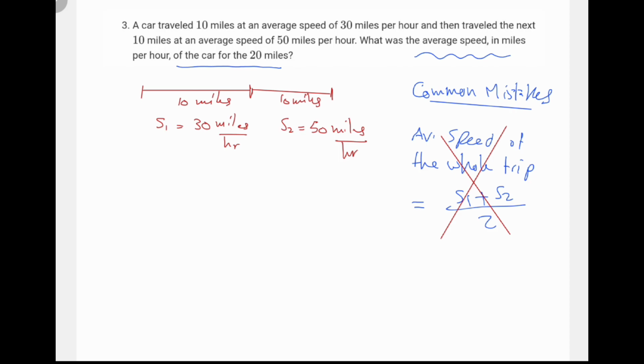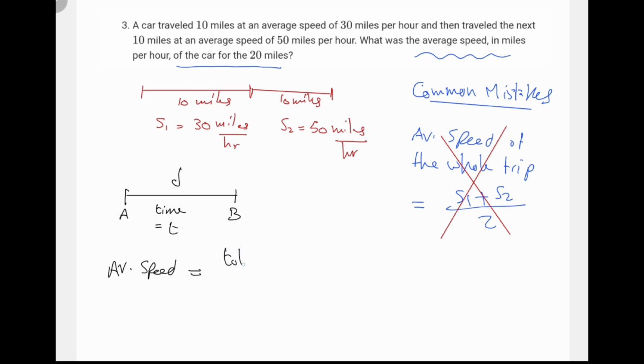Why? This goes back to the definition of the average speed. So assuming that you have a car traveling from point A to point B in time equal to t, and distance is d. So the average speed, because we don't know the instantaneous speed at each point or between A and B, then the average speed is